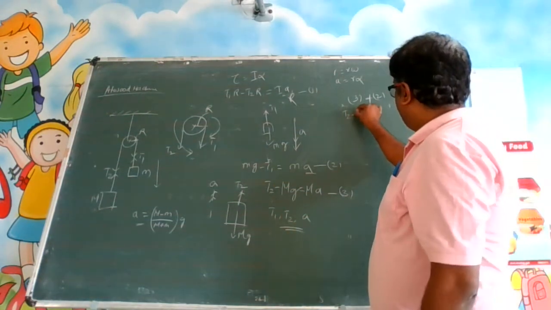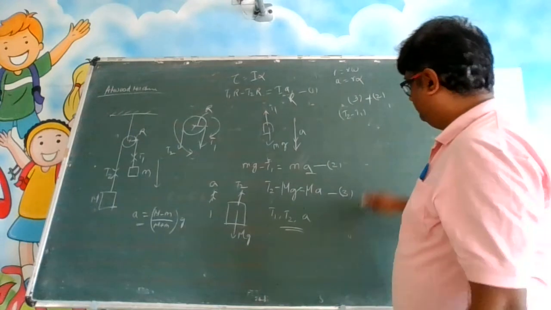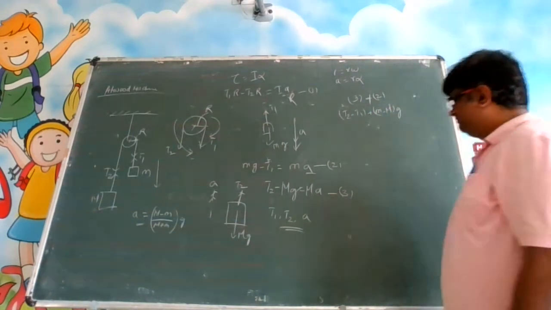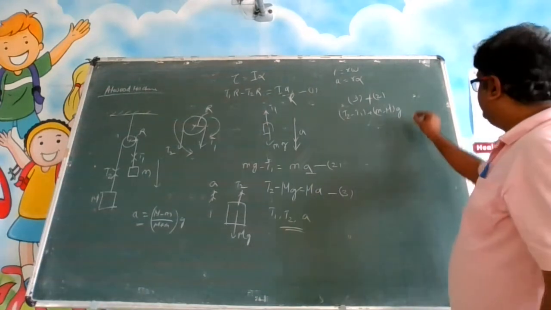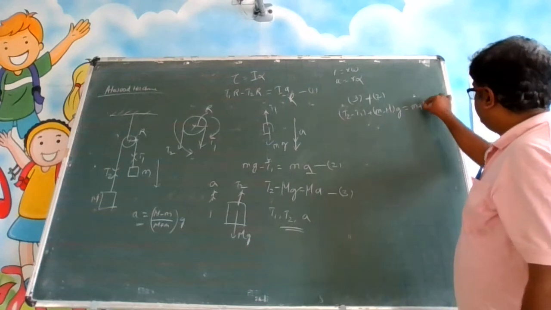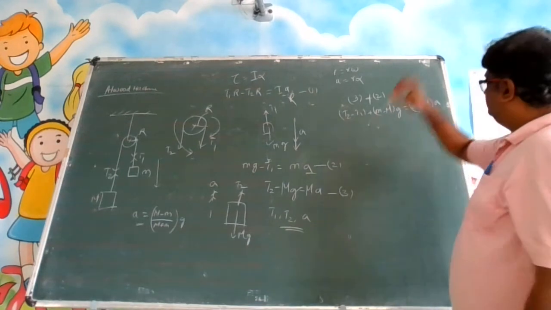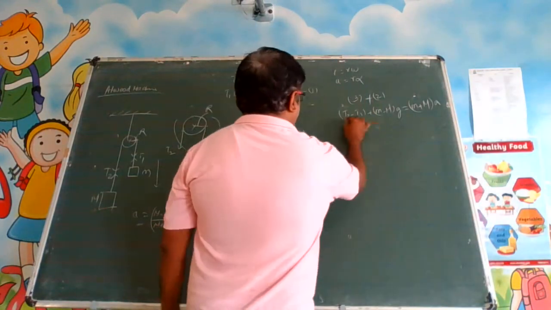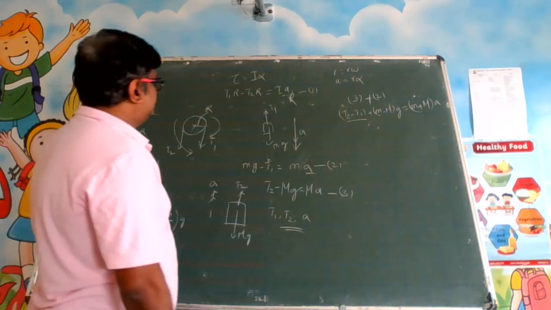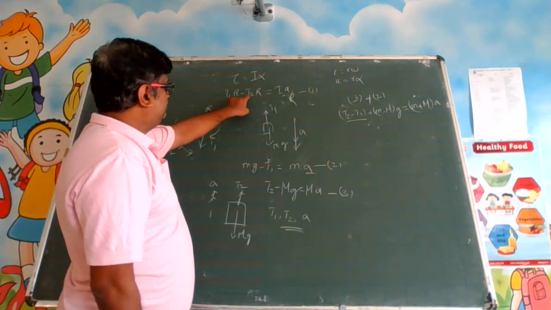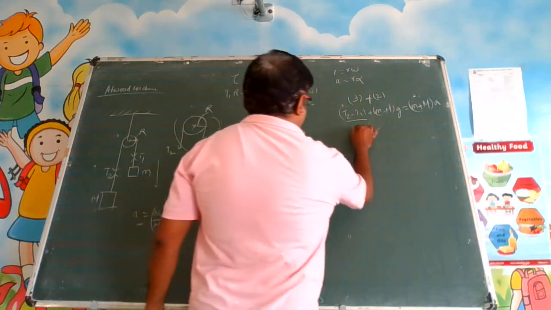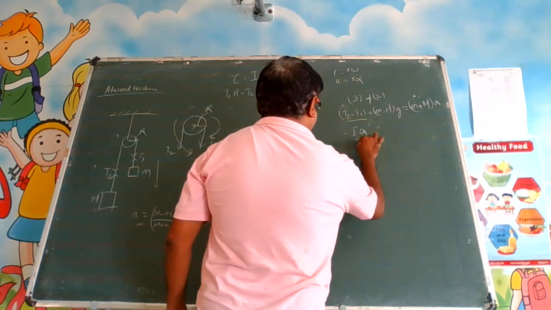Okay. T2 minus T1 plus M minus capital M into G, right? And here on the right hand side, what are we getting? M plus M into A. But T2 minus T1, you can get it from this equation. What is the value of that? It is T1 minus T2 will be IA by R square. Here T2 minus T1 is there, so it will be minus A IA by R square.